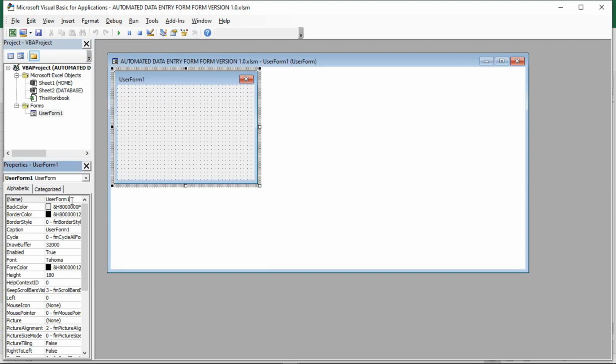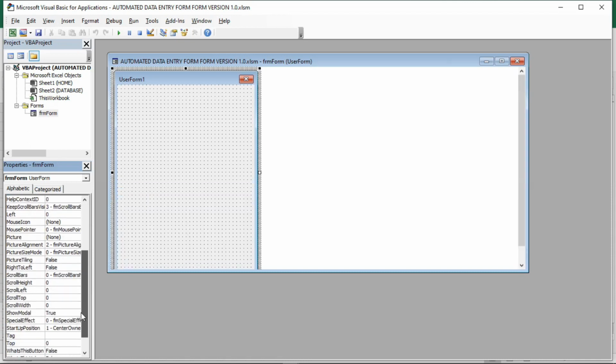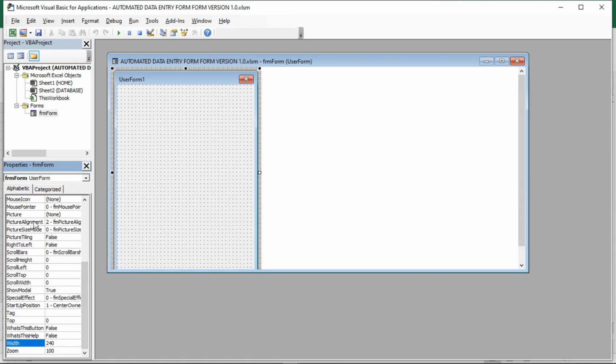Perhaps let me begin with the name. Now the name, let me say FRM form, and then now let me now change the height and everything. Now the height, perhaps let me change and I give it something like 325, and then now basically the width, perhaps guys, let me give it, remember it is in alphabetical order, so the width is something here at the end. So in case you are stuck to find it, just go with the alphabetical order, and then here let me give it something like 578,